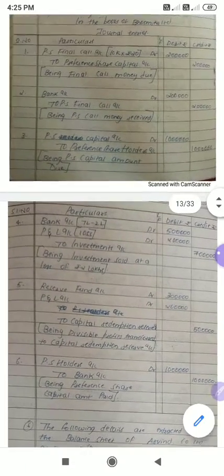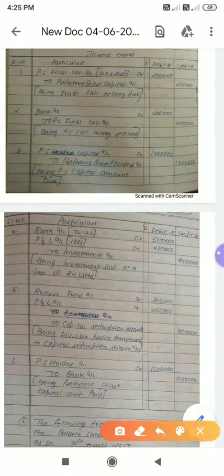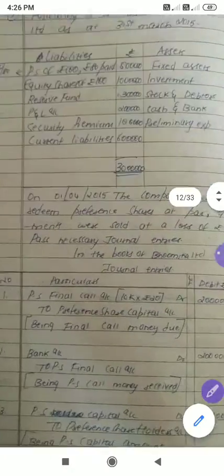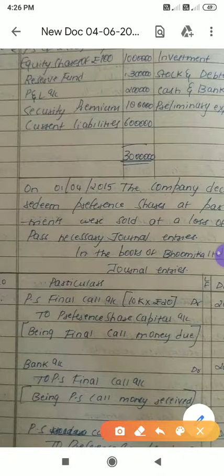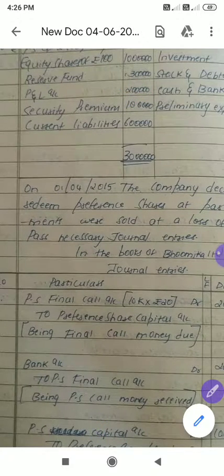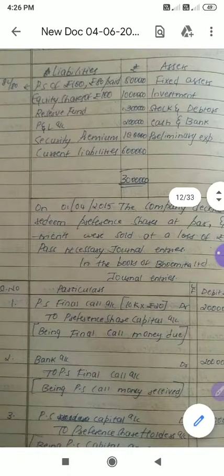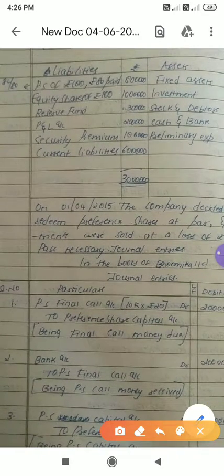Next one, look here, the nominal capital which should be paid is 10 lakh. So the company has already sold an asset, that is investment, for how many rupees? 5 lakh. To pay 10 lakh, already we have 5 lakh. The balance 5 lakh you have to take out from divisible profits. Look at the question. Here we have two divisible profits, one is reserve fund, the other one is P&L account. These two should be utilized. We have reserve fund 3 lakh and we have P&L account 2 lakh. In total we have 5 lakh.